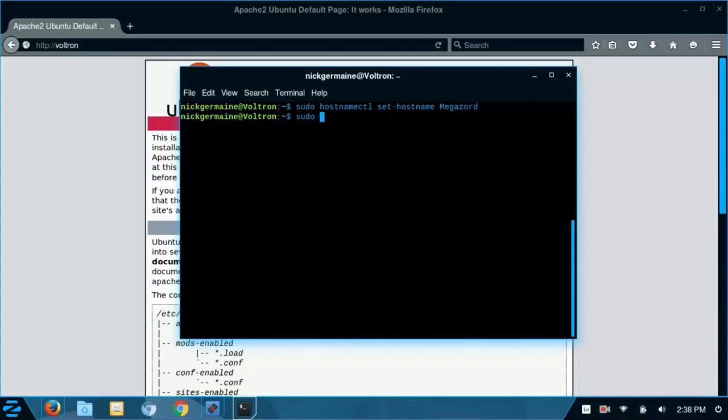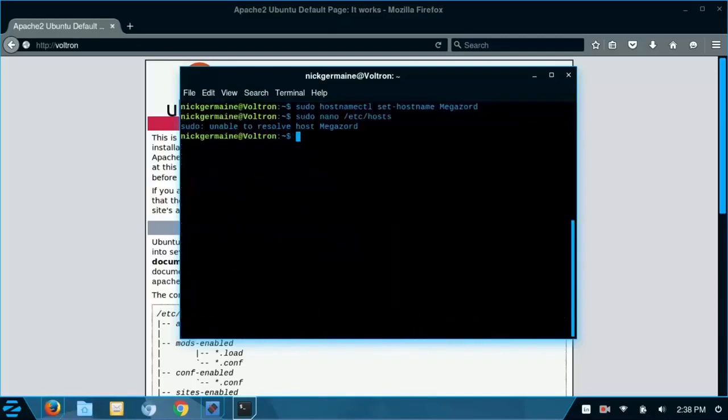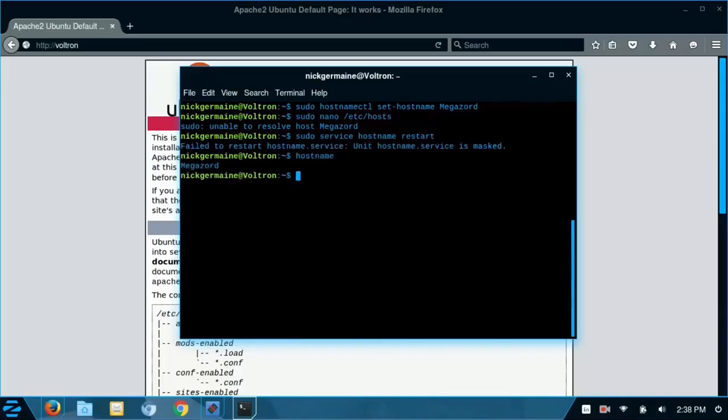Now we need to edit the hosts file to update our hostname here as well. So we're going to replace Voltron with Megazord. I'm going to save this and close it. And then we're going to run sudo service hostname restart. There. It said it failed to restart the hostname service, but it looks like it's working. Hostname is now set